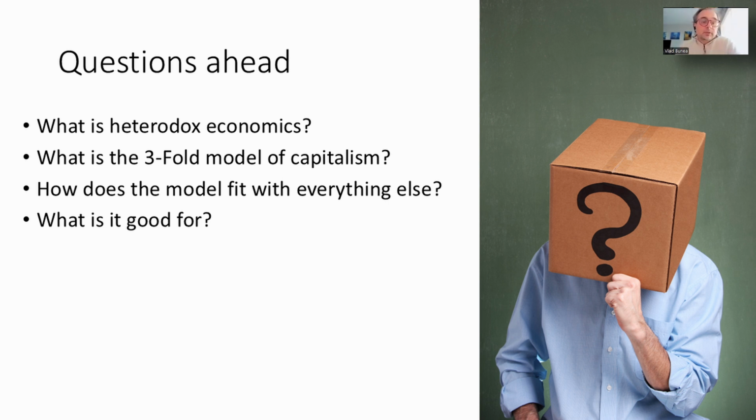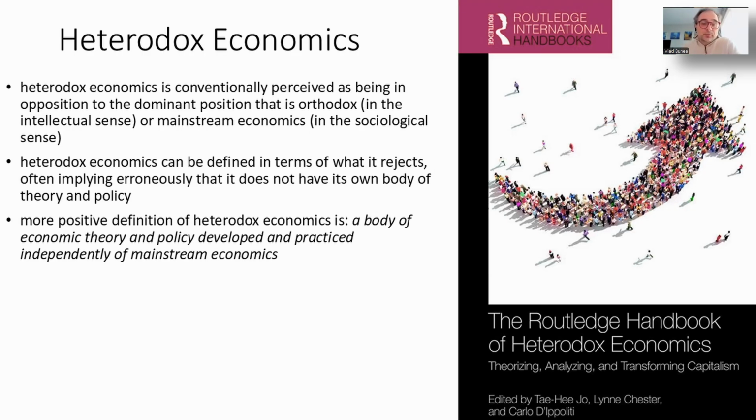So let's look first at heterodox economics. These are the explanations from the Handbook of Heterodox Economics, published by Routledge. Heterodox economics is conventionally perceived as being in opposition to the dominant position that is orthodox in the intellectual sense, or mainstream economics, in the sociological sense. It can also be defined in terms of what it rejects, often implying erroneously that it does not have its own body of theory and policy. A more positive definition of heterodox economics is a body of economic theory and policy developed and practiced independently of mainstream economics. So this is where I fit in, and this is where schools of thought like degrowth fit